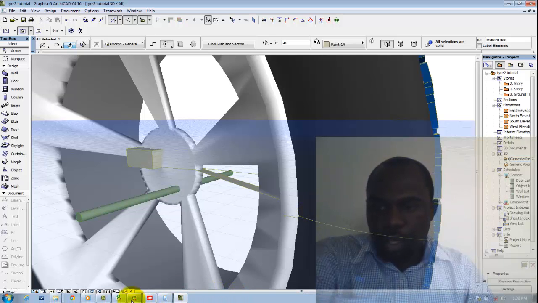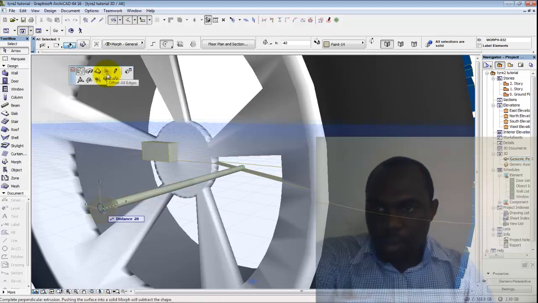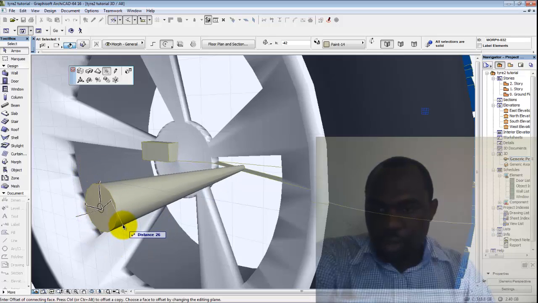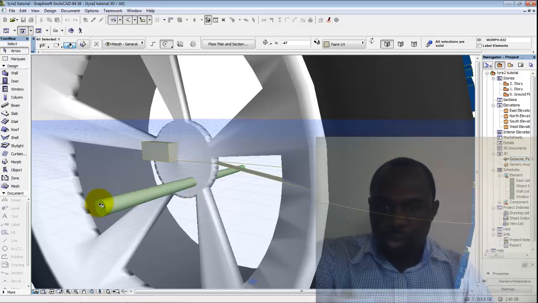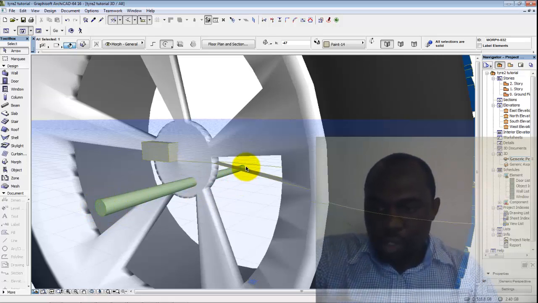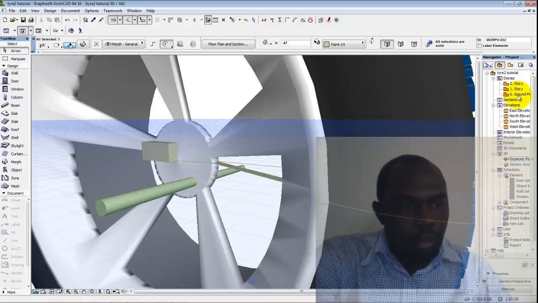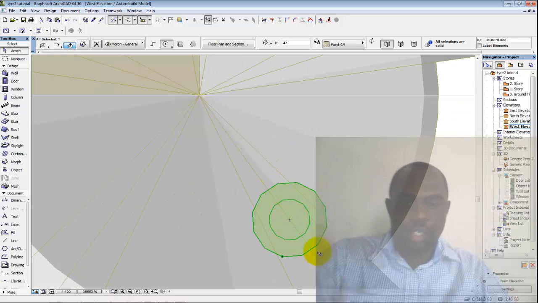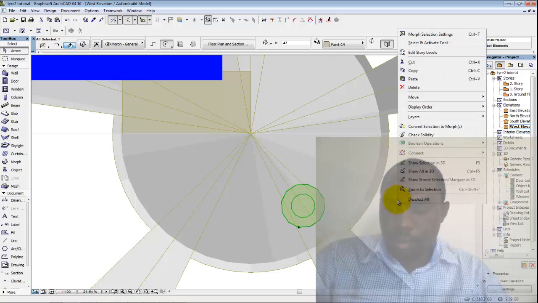Okay, from this view, let's see if we can modify the shape of this tube. So we'll just select here, then we'll go to the offset all edges. So give it like a cone shape, but we're going to just increase it by, let's say, 5. So the diameter of this circle here is different from the diameter of this circle here, so it gives it like a cone shape. And then we'll move to the west elevation. So you can see this is the diameter of one part of the circle of the cone, the other diameter there. So what I'll do, I'll just drag,